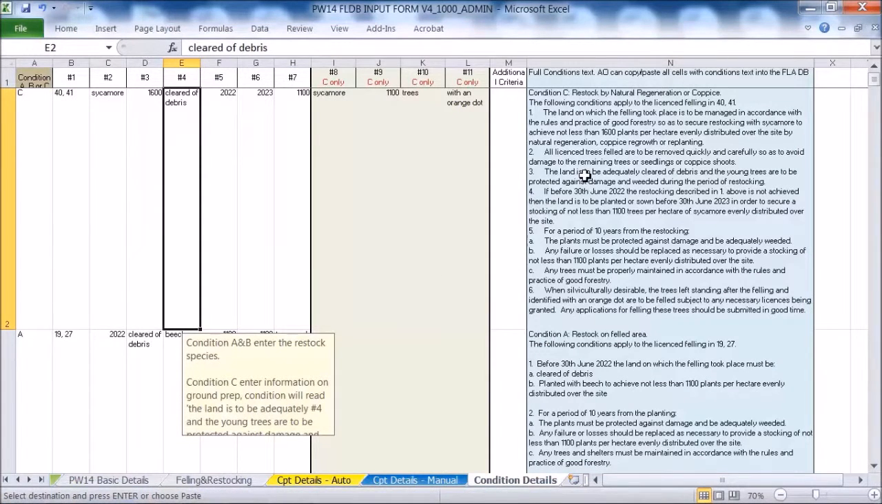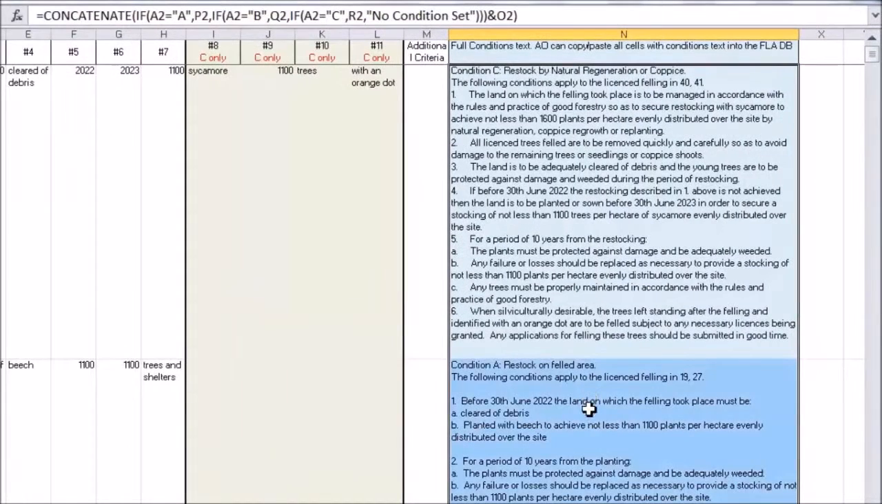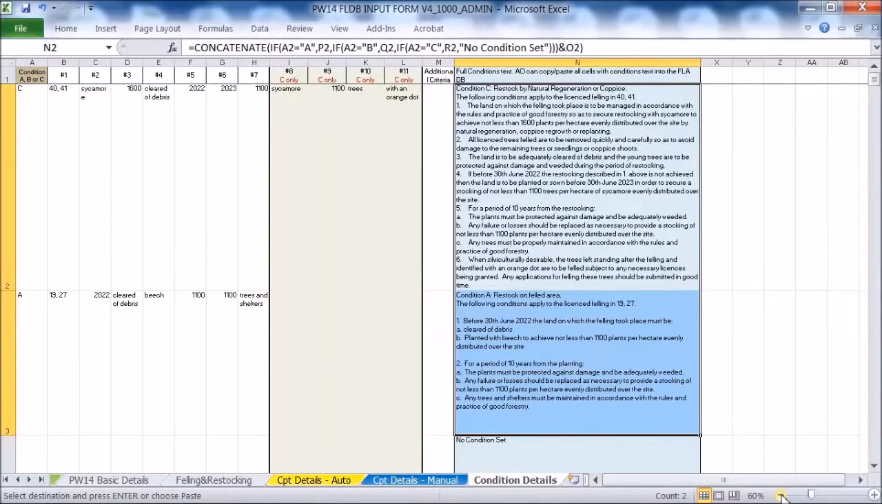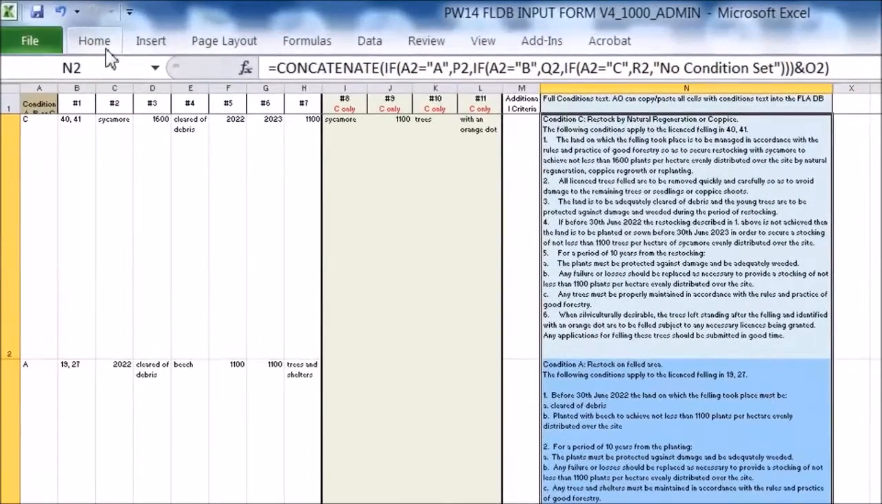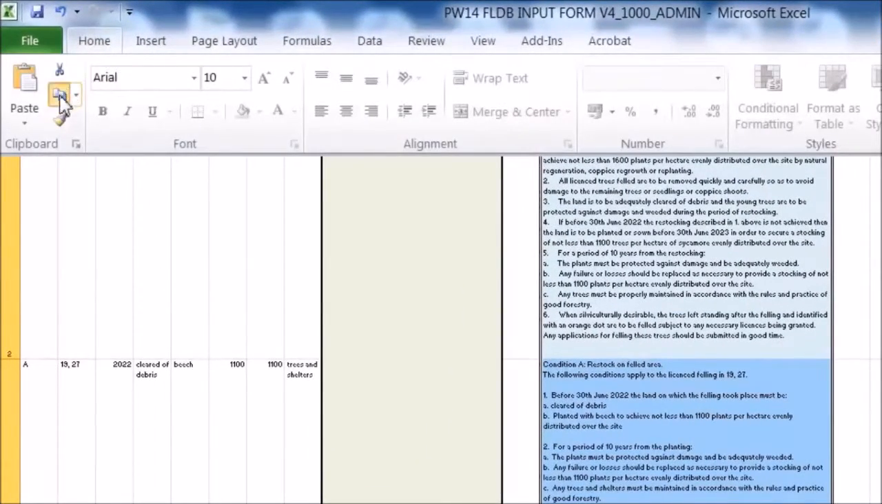We're going to have to select all the cells that have a condition. In this case, there are only two. I'm just going to zoom out a little bit so you can see that I only have two cells with conditions in them. I'm going to go home, I'm going to copy, and then I'm going to go into